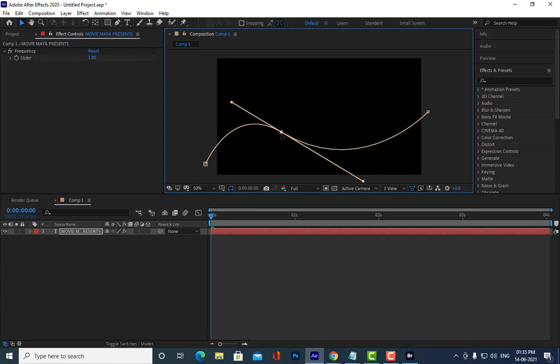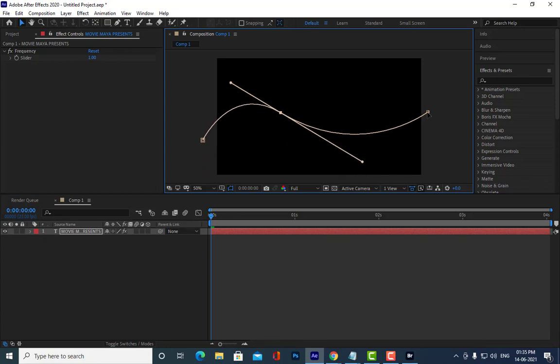Because compared to AVI, MOV file size is a little bit small. Even the MOV file you will get a very big size, but comparatively MOV file is smaller compared to AVI. AVI is very big.